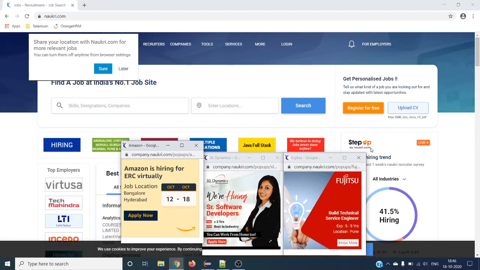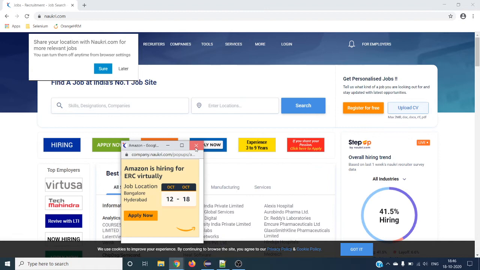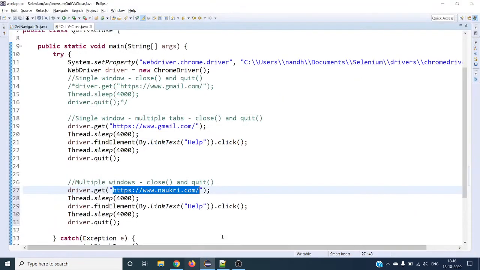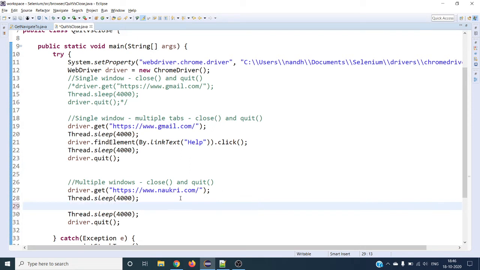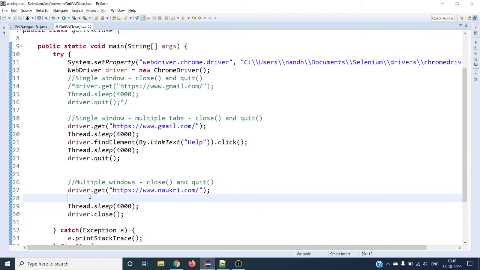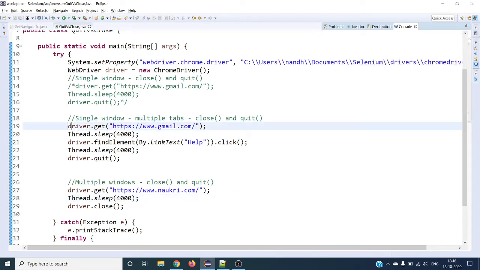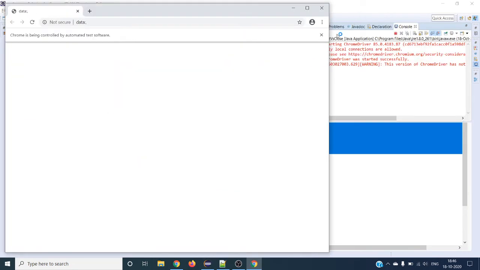Let's close this. Let's run and see how it behaves. Let me delete this. First we'll see how the close method behaves.